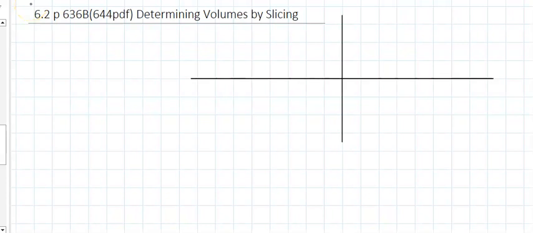6.2 talks about volumes by slicing. We have the following three cylinders, say quarters. If I want to find the volume, I'll simply take the area of the base times the height. If I was to take this